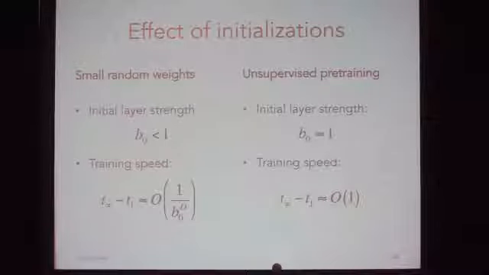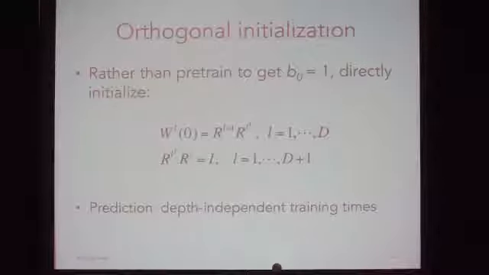Okay, so far this has just been an attempt to understand learning dynamics in a deep network, but often when you try to understand something, you end up figuring out how to control it and possibly coming up with an engineering contribution as well. So from this we thought, well, why do the pre-training? Why not just initialize straight to the orthogonal initialization? The theory predicts that that should have depth-independent training times. So don't bother with pre-training, just jump straight to an orthogonal matrix as your initialization.